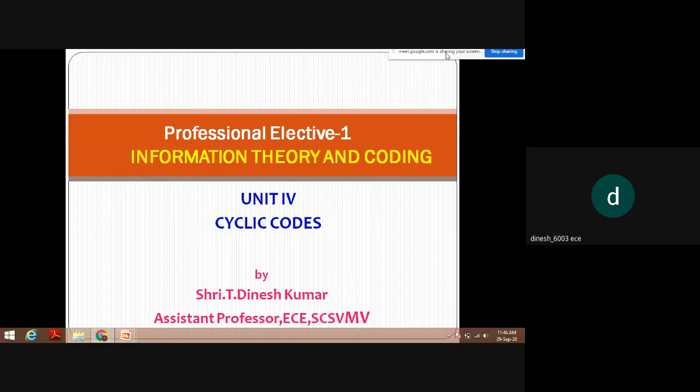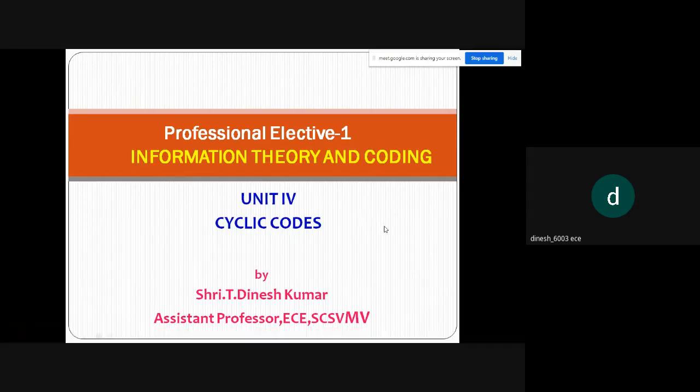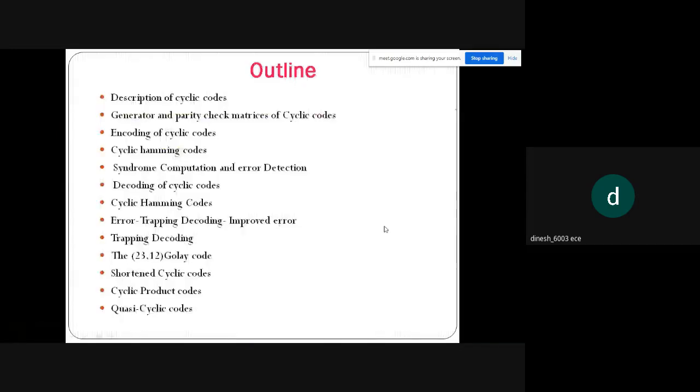So after the linear block codes, we'll be seeing a subclass of the linear block codes as cyclic codes. The cyclic codes outline is that we'll be seeing the description of cyclic codes. Again, the generator G, parity check H of cyclic codes, how to encode cyclic codes similar to our linear codes. Then how do we generate Hamming codes for cyclic function, the same computation of syndrome and error